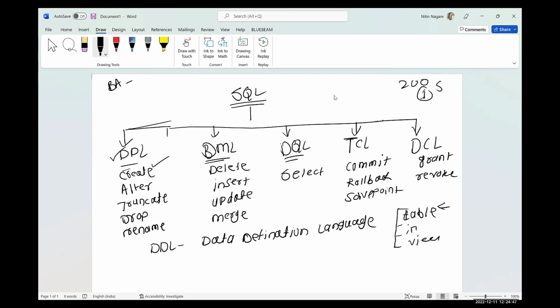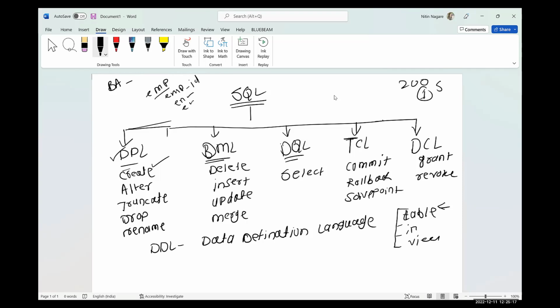Suppose he asked me to create an employee table. Then he will provide the fields required in that table. The employee table may have an employee ID column with a data type. What a data type is, we will see later. The employee ID should be there, the EMP name should be there, and the email should be there. These are the details he provided, asking me to create a table named employees.